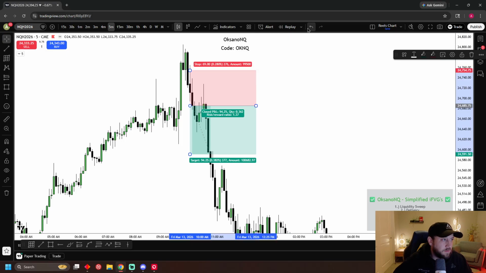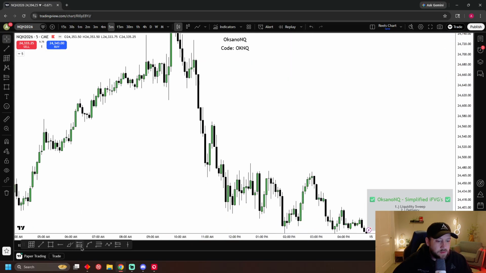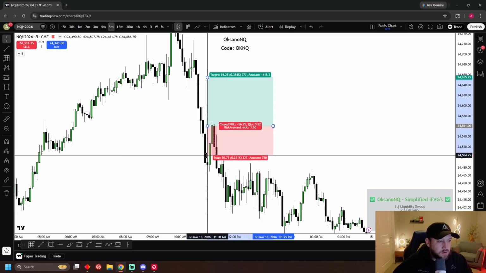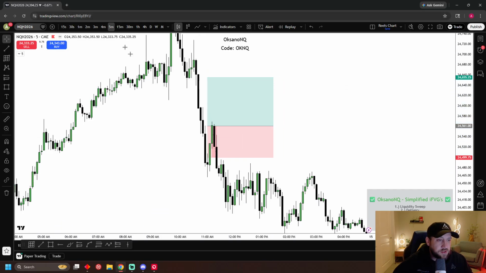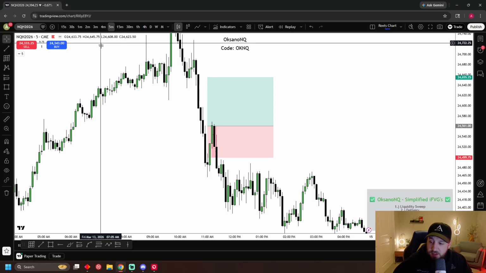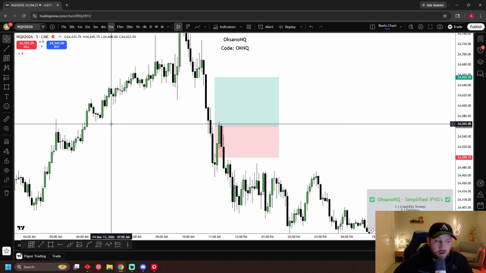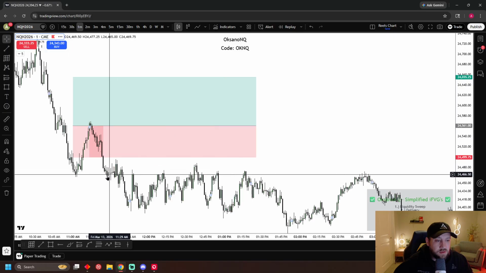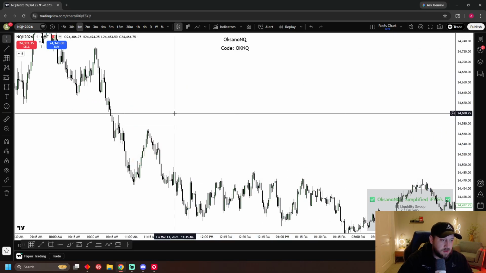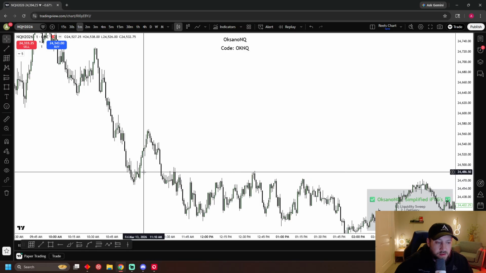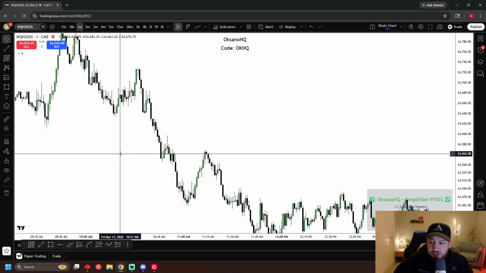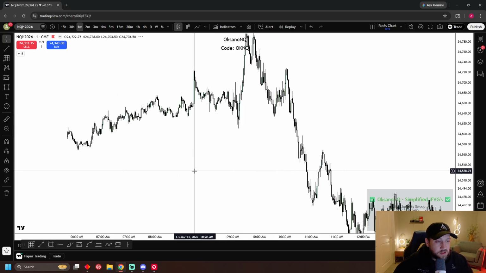Or here, let's do this one. So let's just pretend that we took this, right? The close back below is 56 points. Okay, so I want to give you some other options, right? Something that I use is a hard stop, 35 points. Sometimes if you want, you can size down, size way down and do a stop at the swing low instead. But you have to adjust your sizing, right? You have to know how much you're risking on each setup.